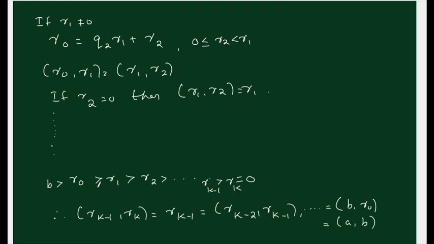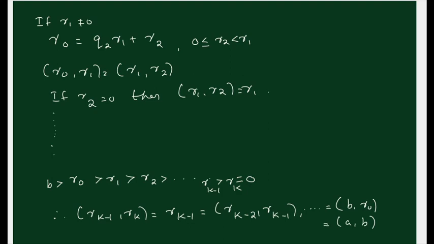And the remainder just before we get the remainder equal to 0, we take that remainder to be the GCD. That remainder is in fact the GCD of A and B. This is what the Euclidean algorithm says. So the Euclidean algorithm says that if we continuously apply the division theorem, we can find the GCD to be the last non-zero remainder in the division theorem process.